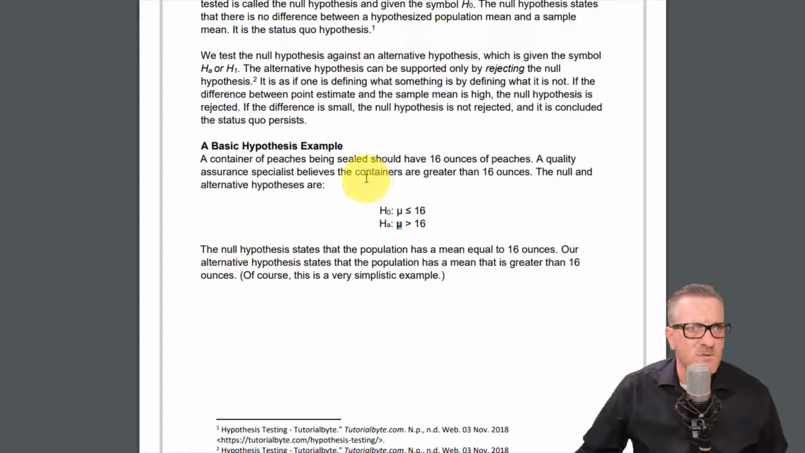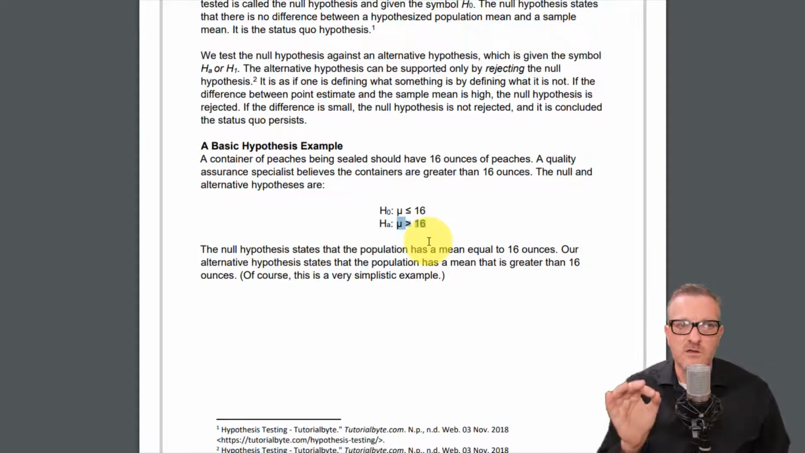In this case, we're doubting that the containers actually weigh 16 ounces. We're thinking that they weigh greater than 16 ounces. So that's why the statement of the alternative hypothesis is where your action is that you're thinking about. Like I said, we don't confirm the alternative. We reject or do not reject the null. And so in this case, we have mu is greater than 16 ounces, and that's what we're